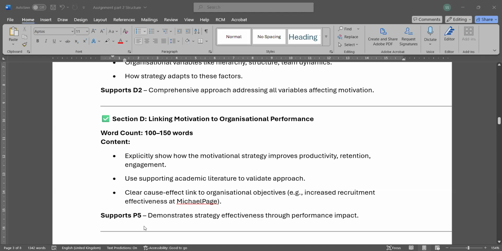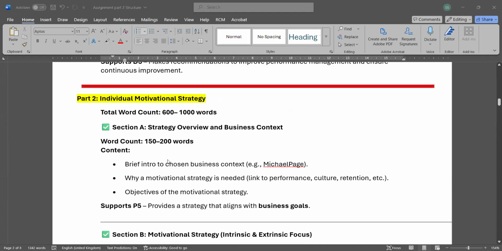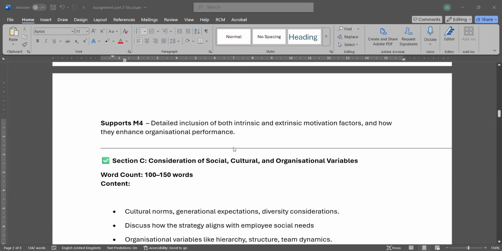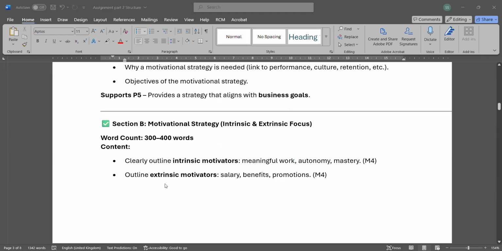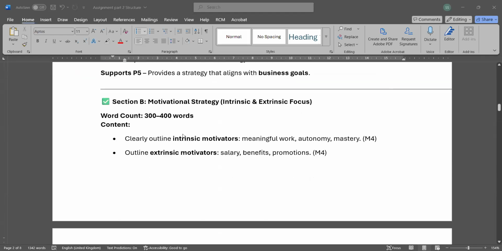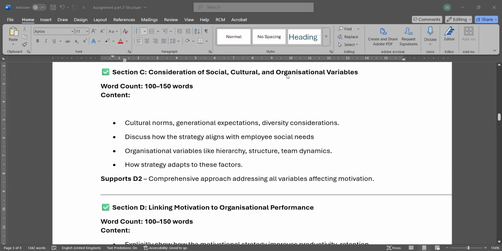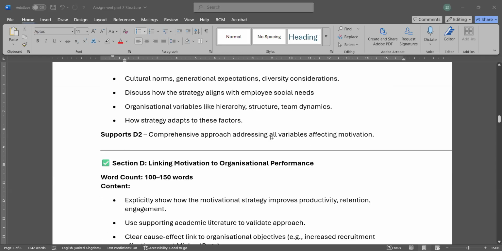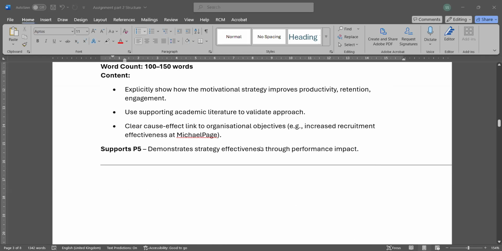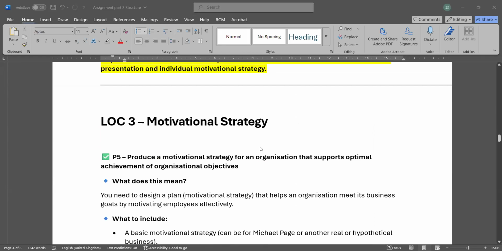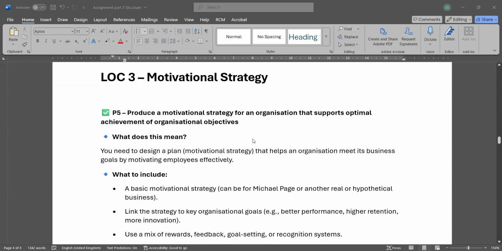And management, it is up to you. If you want to do it at the end, you can do it at the end. If you want to do just P, then you can do part one, okay? And then you will be doing part D. But if you want M1, then you will be talking about the intrinsic motivators. And if you want to talk about D, then you will be talking about social, culture and organization variables also. So I think you can follow the same sequence. This will be fine. Okay. Detailed motivational strategy. Okay.